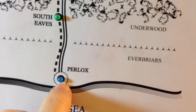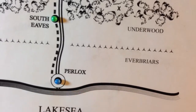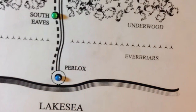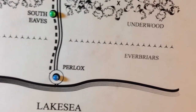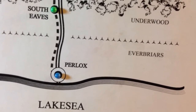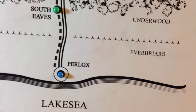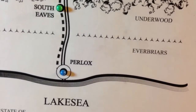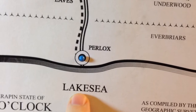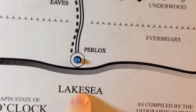This is the city-state, the capital of the state down here. Above it is this large red cloud, a circular cloud that's moving in the opposite direction of the ongoing storm that is covering the state. And then down at the bottom here we have Lake C, which is this inland sea, very much like the Mediterranean,